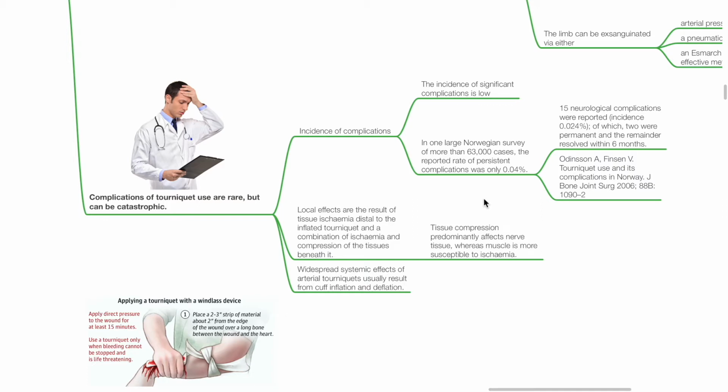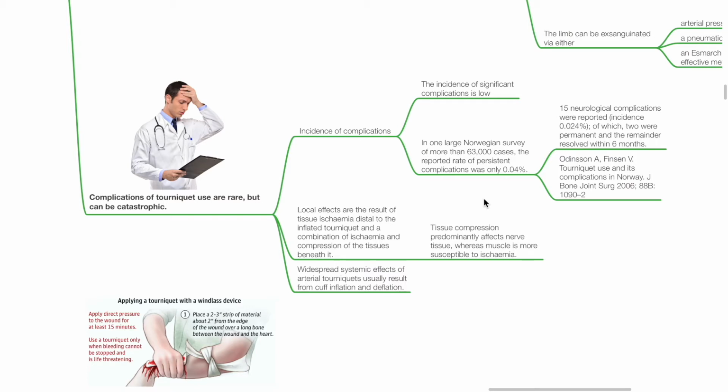The incidence of significant complications is low. One large Norwegian survey of more than 63,000 cases reported a rate of persistent complications of 0.04%. 50 neurological complications were reported with an incidence of 0.024%, of which 2 were permanent and the remainder resolved within